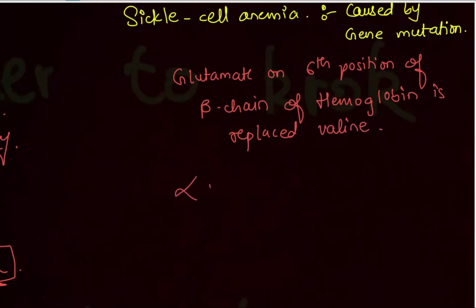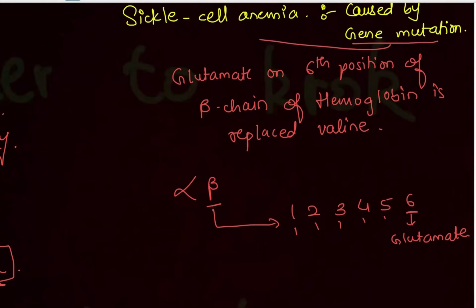You have this alpha chain and beta chain. On this beta chain there are 1, 2, 3, 4, 5, 6 amino acids present. So at the 6th position normally we have glutamate, but in sickle cell anemia, due to gene mutation,